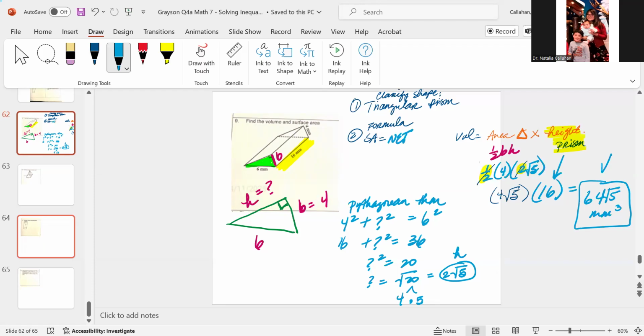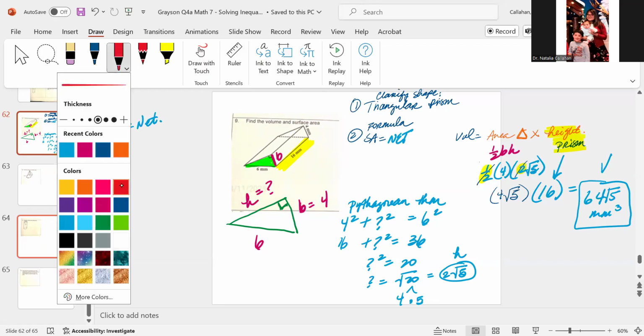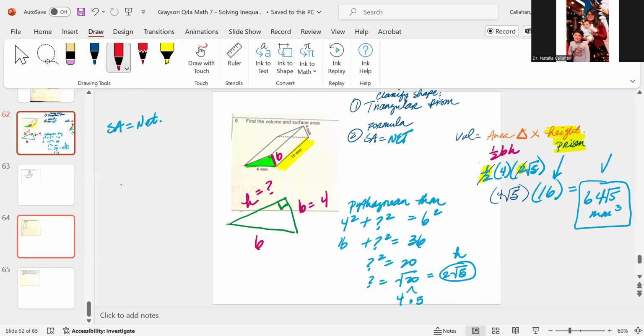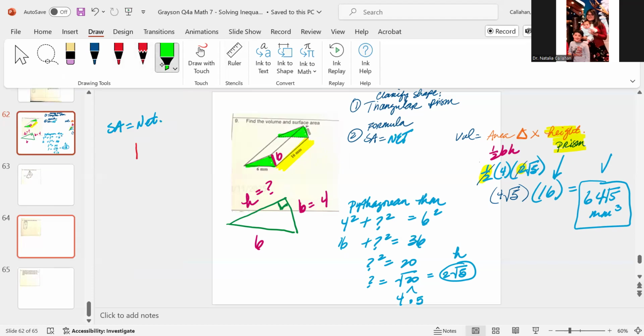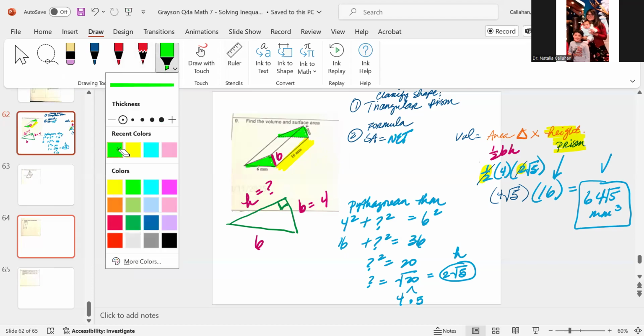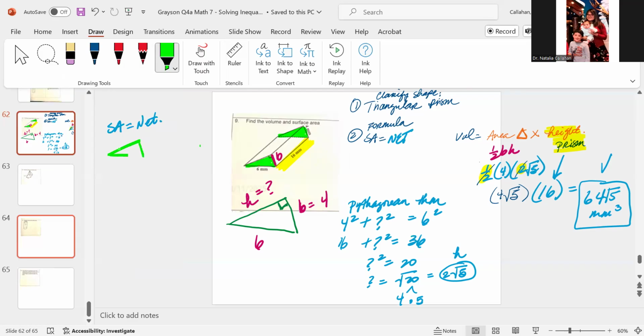That's going to be the net. Do you understand? So I'm going to do it over here. Surface area is going to be the net. If I were to unravel this 3D shape, I'm going to have several faces, right? How many faces do you think you'll have? Well, we have the two triangles. Do you see the green triangle in the front and the green triangle in the back? So we'll have two of those, correct? So I'm going to have two of them times two, because there's two, right? Plus,